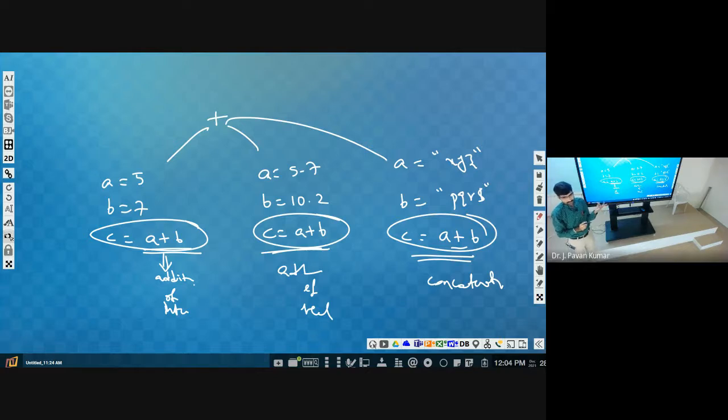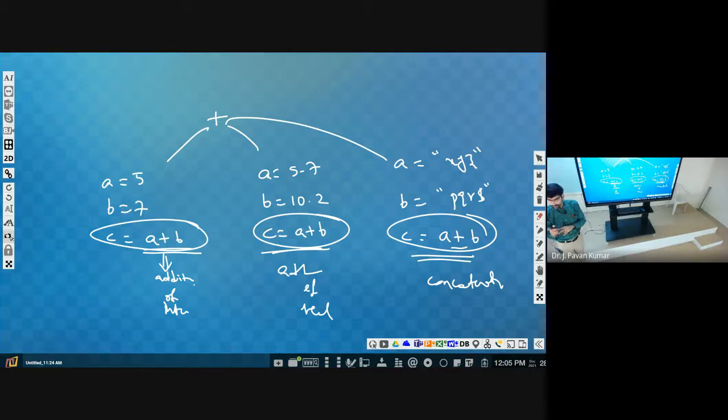Yes or no? Next, we can argue with another example, like minus. If you consider minus, we can perform subtraction of two integers, subtraction of two real numbers as well. So for minus also we have more than one functionality. Depending upon the context, it will perform.